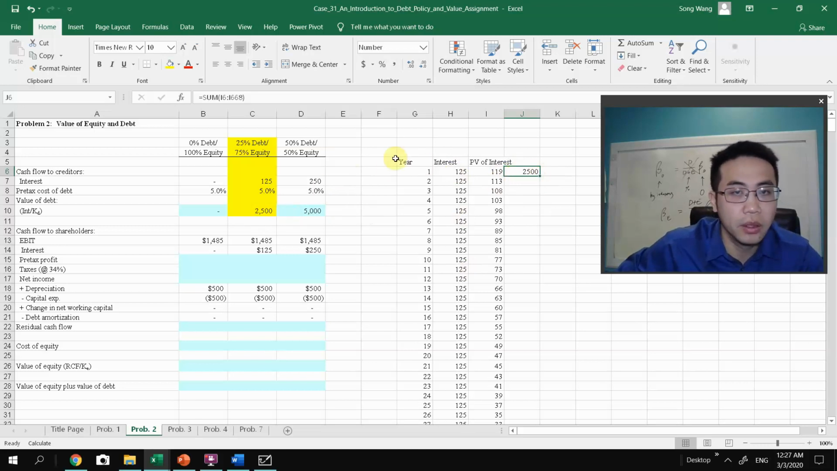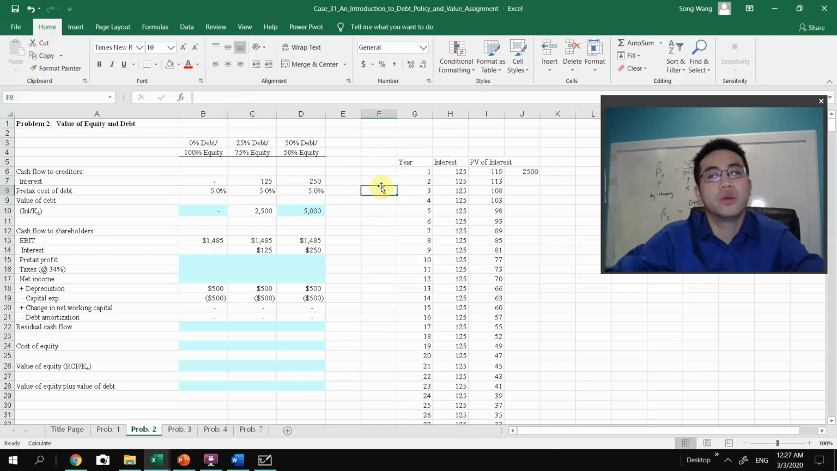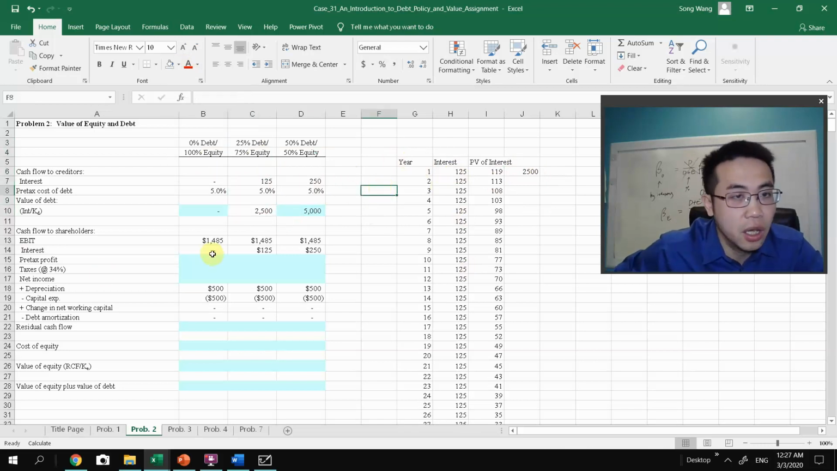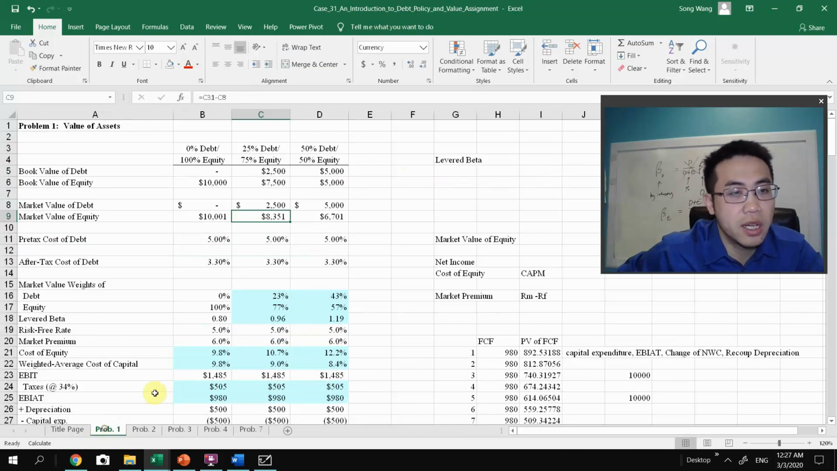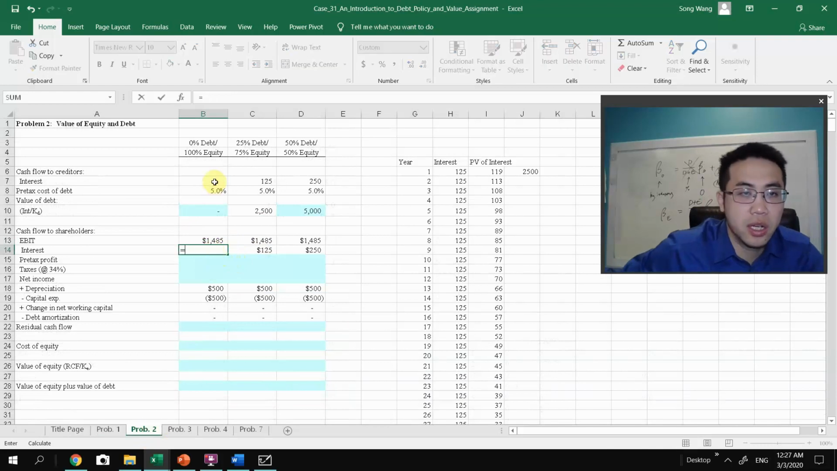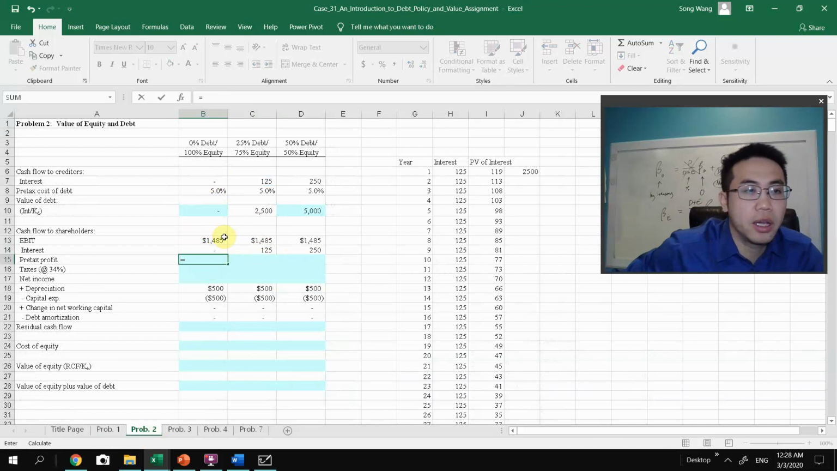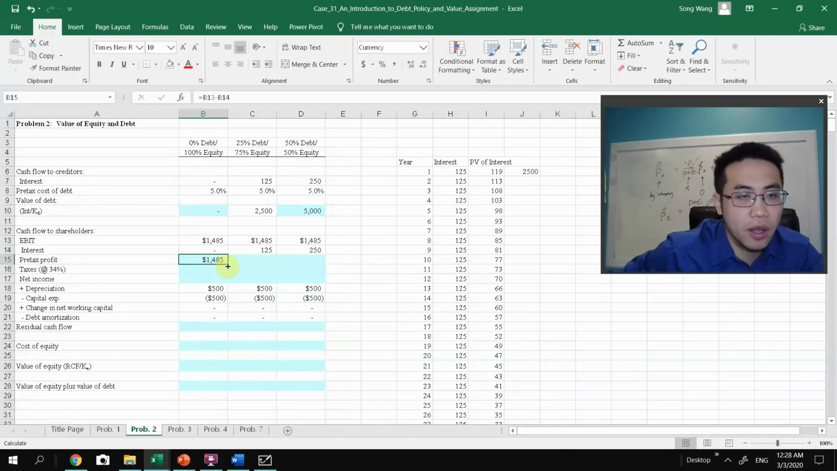Okay, so let me reset the colors. And here, to get the EBIT, well, the company is making the same EBIT as it was listed here. So I just use the EBIT minus the interest. So the interest is linked to the top right here. Okay, drag it. And then the pre-tax profit is EBIT minus interest, and then drag it,